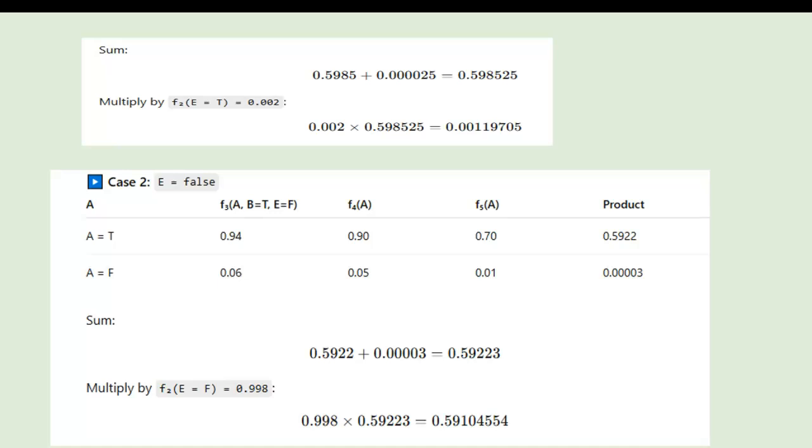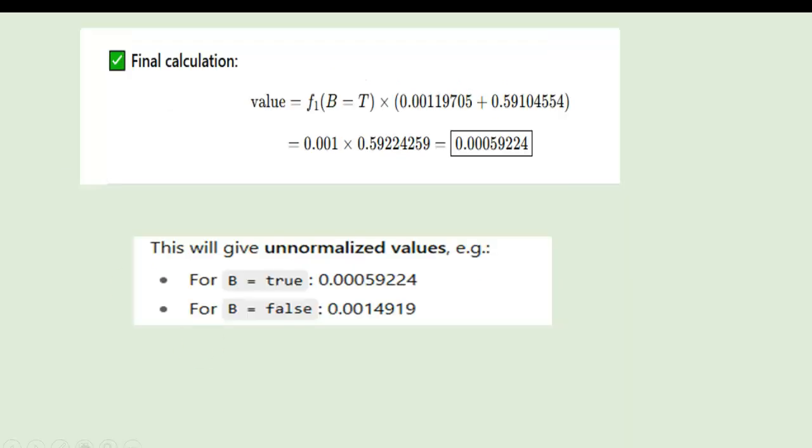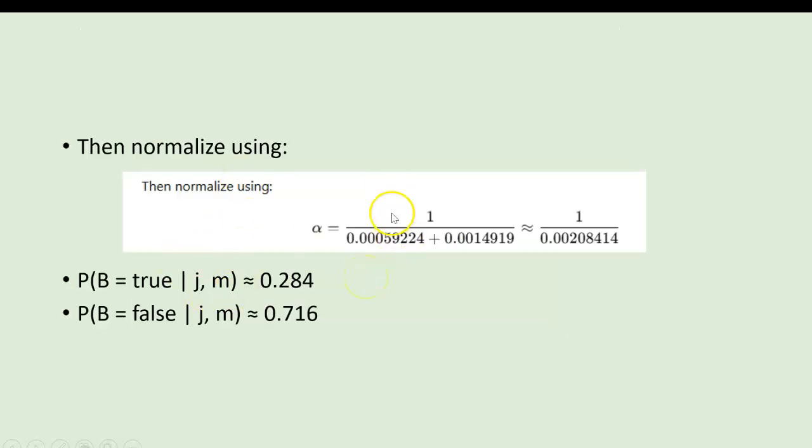And then at last we will calculate the normalized value. You know the formula, so you add up both, and 0.00059224 divided by the total gives you 0.284. Similarly for burglary equal to false, the probability calculated was 0.716. From this it has been understood that the burglary's probability was higher, and this doesn't happen